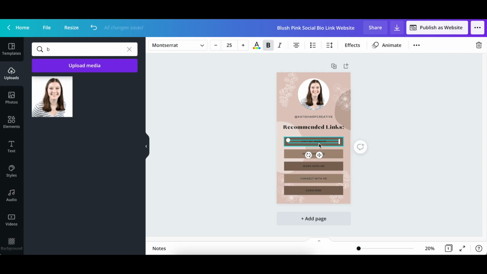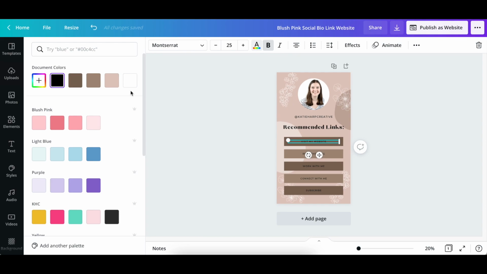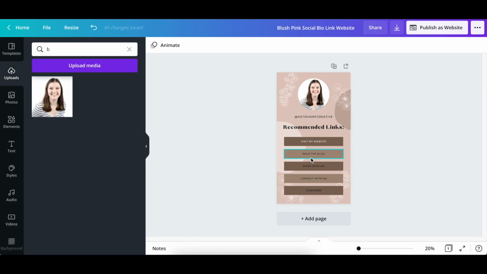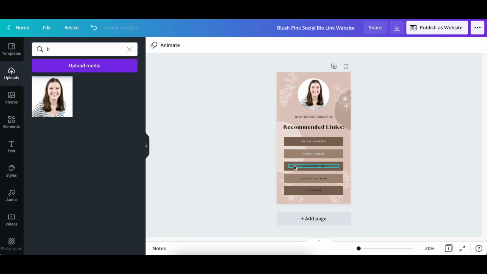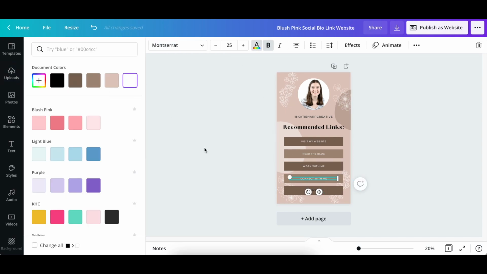And it's a little hard to read the black text on the brown background now, so I think I'm going to change those to white. So I'll just change all of those. And in this case, I don't want to change all of the black text to white because I want these headlines to still be black. So I'm only going to change the links. So I'll just click on those and then go up here and then change the color